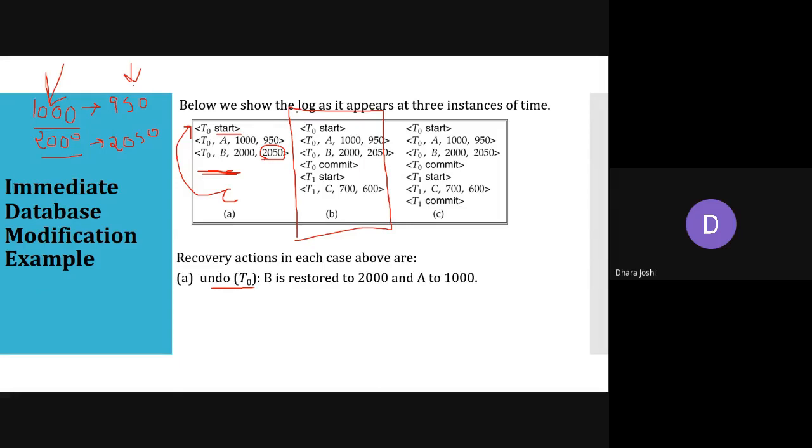Parth said undo for transaction T1 because T0 is committed. Yes, very good.